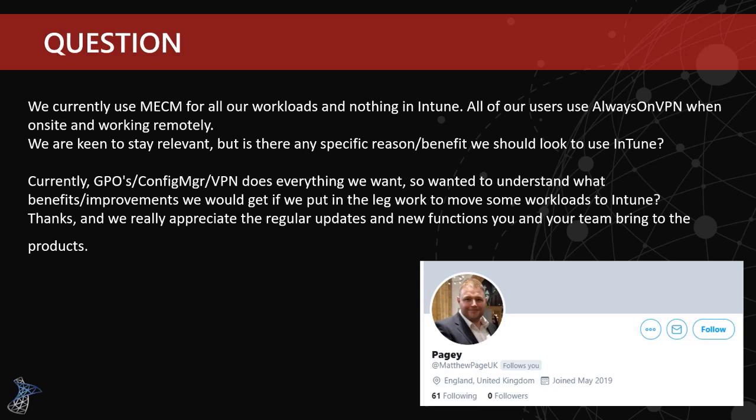And there was a question in the chat around apps and what to do with apps. We see significant numbers of customers that just don't want to move their apps because they have thousands of them on-prem in ConfigMgr and it works, but they want to go streamline other things. So, they'll continue to streamline their ConfigMgr use and use Intune for things like Windows Update for Business